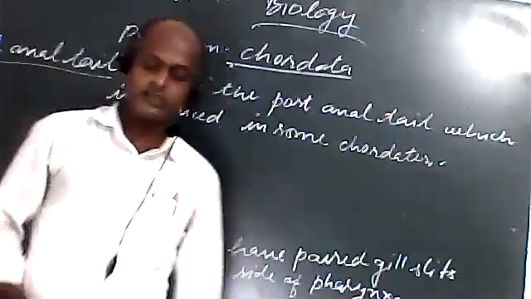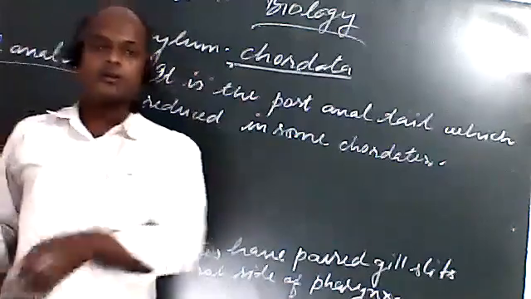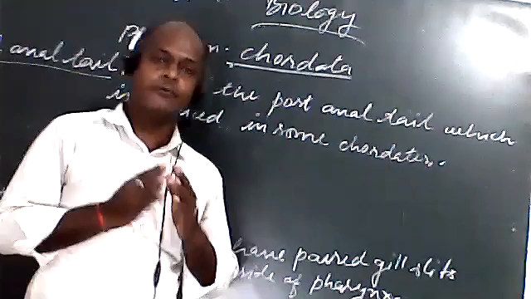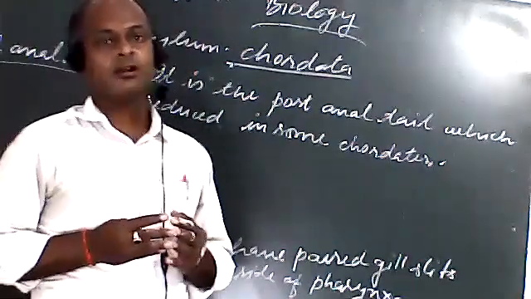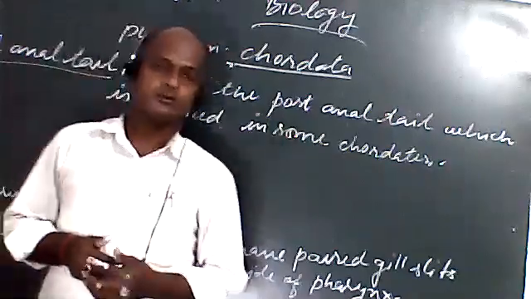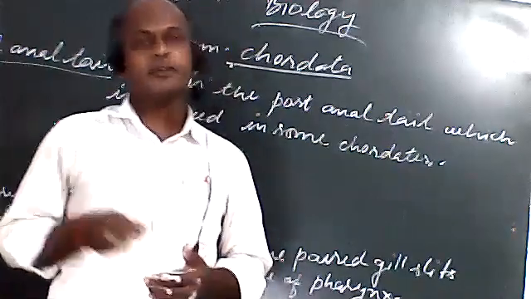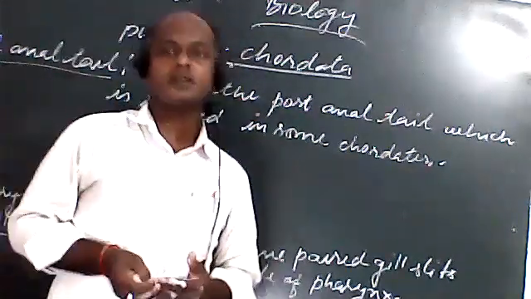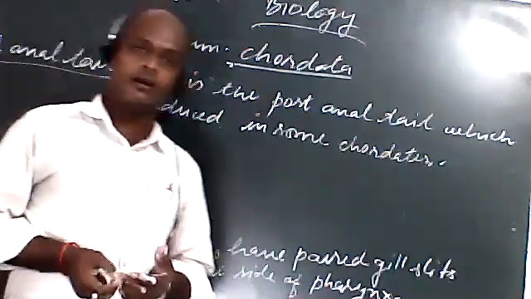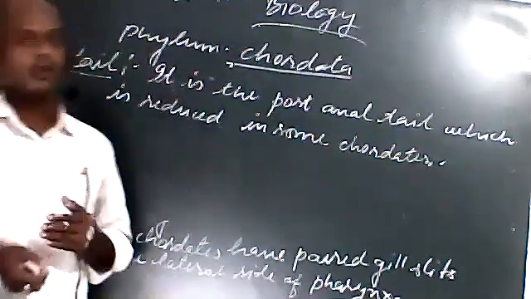During the larval stage, there is presence of a tail-like structure. But when they grow into adults, there is absence of the post-anal tail, or we can say that the tail becomes reduced in those organisms. These are the special characteristics, and on the basis of these characteristics, we consider whether the organism is a chordate or non-chordate. Now we have to study the common characteristics which we have studied about the higher organisms.